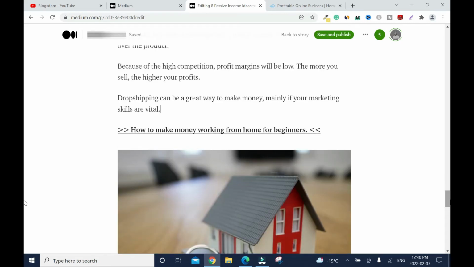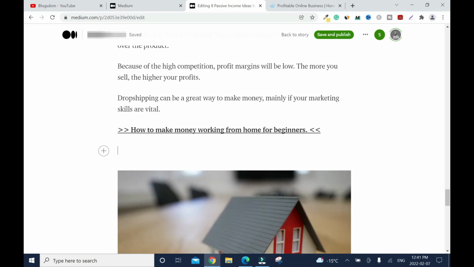So let's say if this is an affiliate link, then what I'll do, before I do this, I'll just click here and I'll say, so this is what is required by medium.com. Okay, and most of the people, they put their affiliate link and they don't drop this disclaimer. Okay, this is a disclaimer you have to include beside all your links.